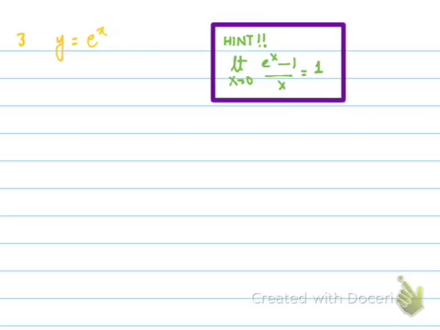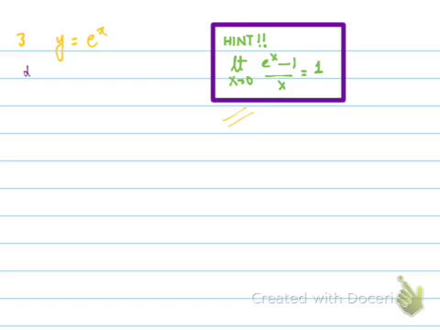Now we have y equal to sin x. We'll do it afterwards. First we'll do y equal to e to the power x and y equal to ln of x. Now we have a hint there: limit x approaches 0 of (e to the power x minus 1) upon x is equal to 1, and we have calculated that now only, so we do not need this hint right now, but we surely need to find the